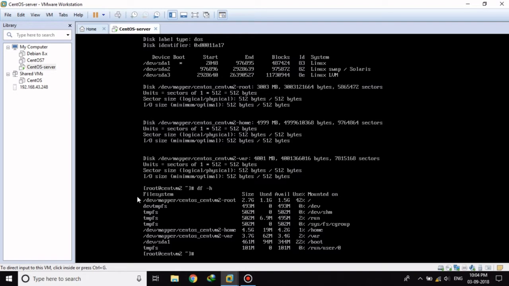So what we are going to do here is increase the root partition size so that it doesn't get full soon. We are going to see how we can expand this partition as we have set it up using the LVM. Okay, so first of all, what we are going to do is extend this